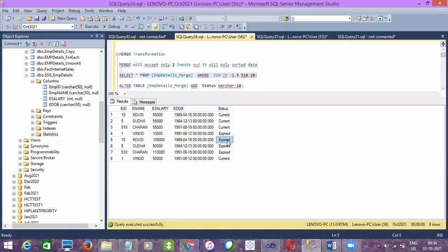But in a company, every year there will be appraisals. So there will be hundreds of employees, no? We will not update manually in real time. Do you know how the employee IDs will be created in a real-time organization? Do you think they'll insert manually using SQL Server? That's not possible.